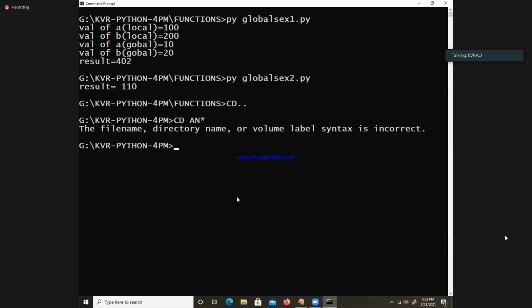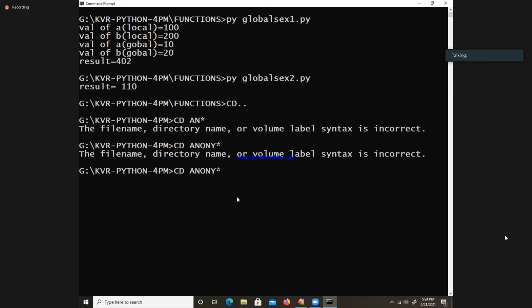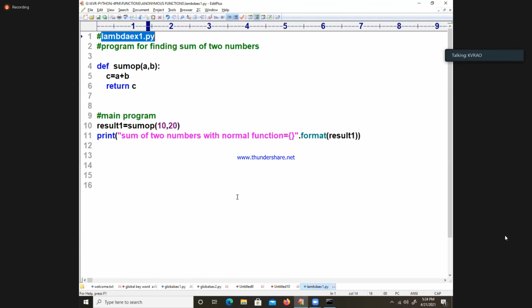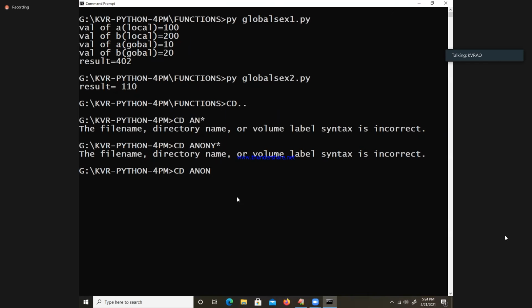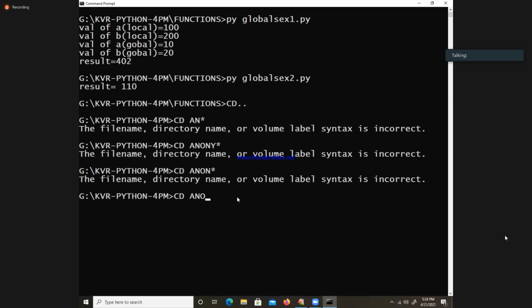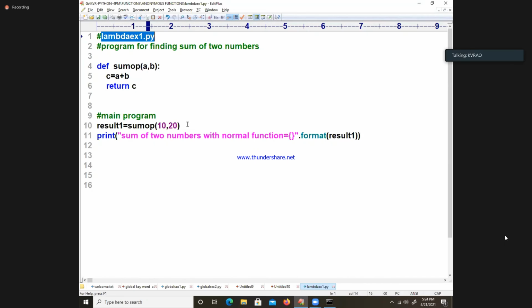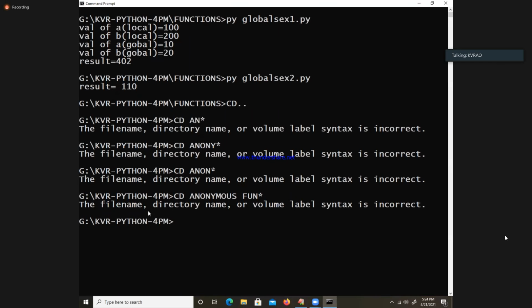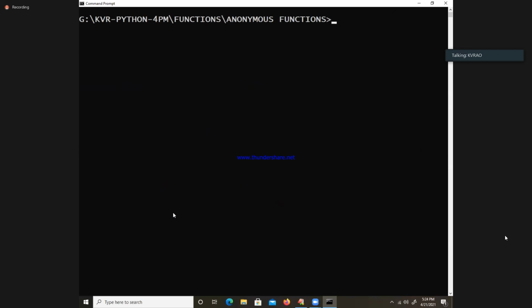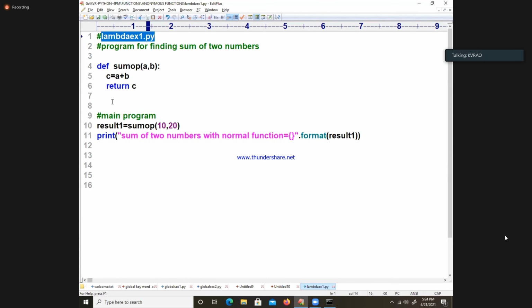Where is it created? Under the functions folder only. Okay, it was in the functions folder.